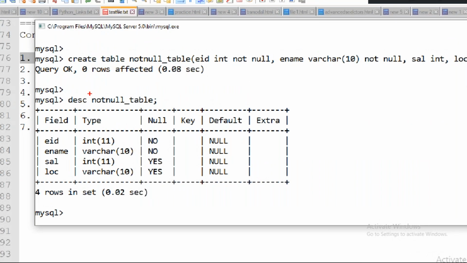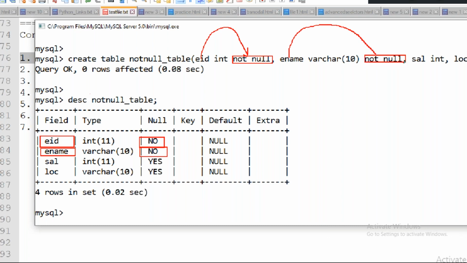Now observe here for EID: no null values, because we specified manually that it will not allow null values. For ename also, I specified not null, so no came here.